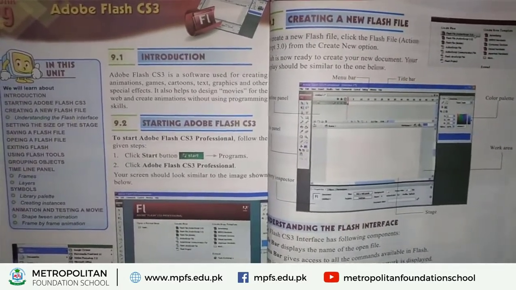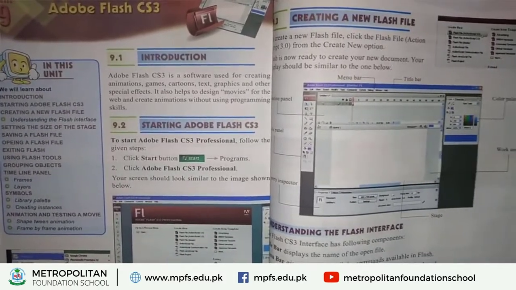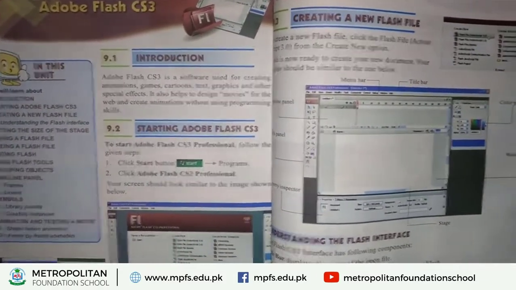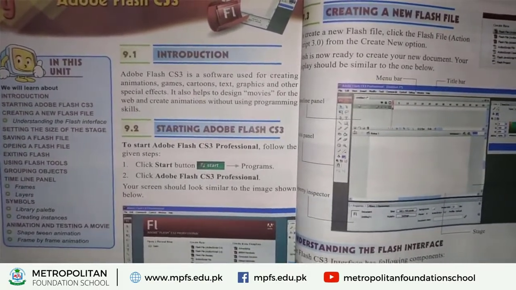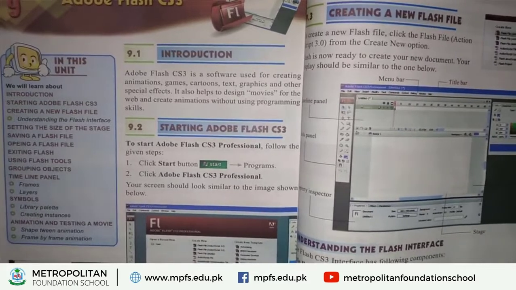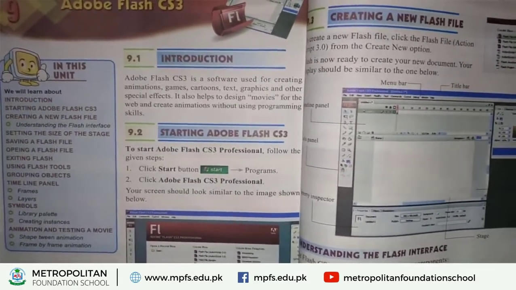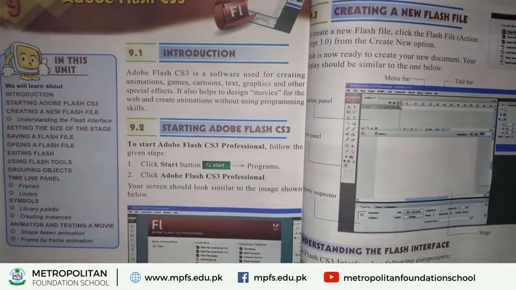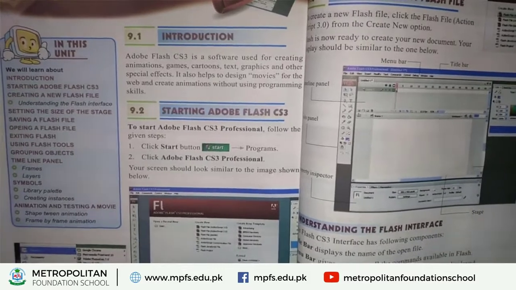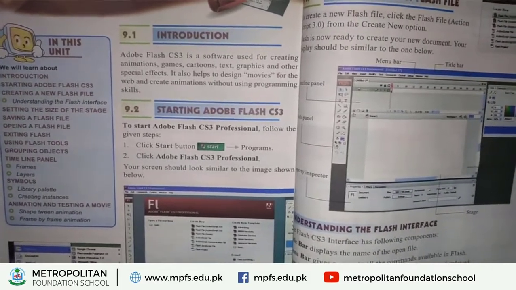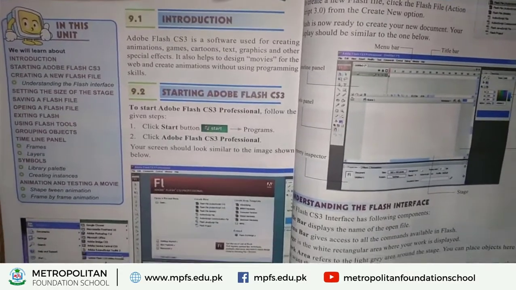Now 9.1, introduction. First of all, we will learn introduction and then after starting Adobe Flash CS3. First of all, install or download from Google your Adobe Flash CS3 in your computer and then after start options, choose the Adobe Flash CS3.